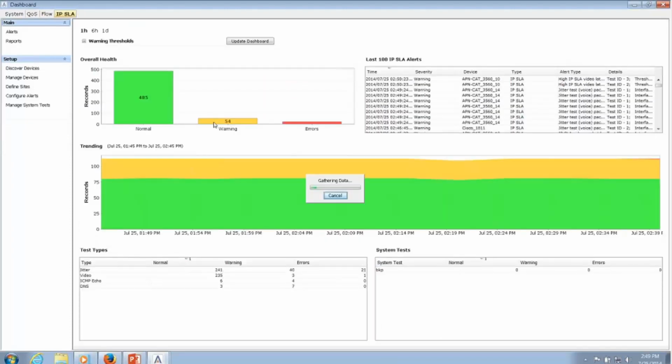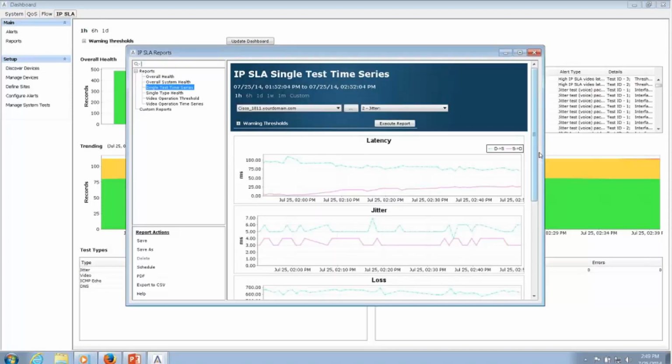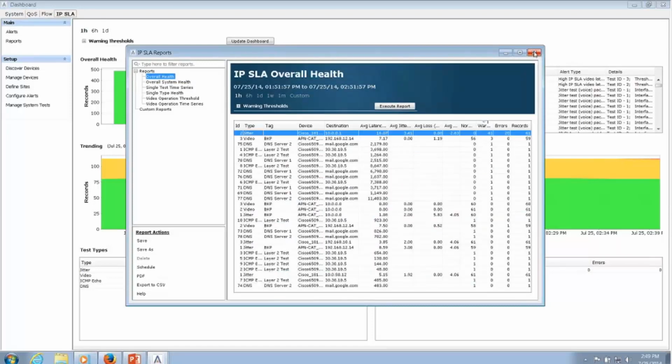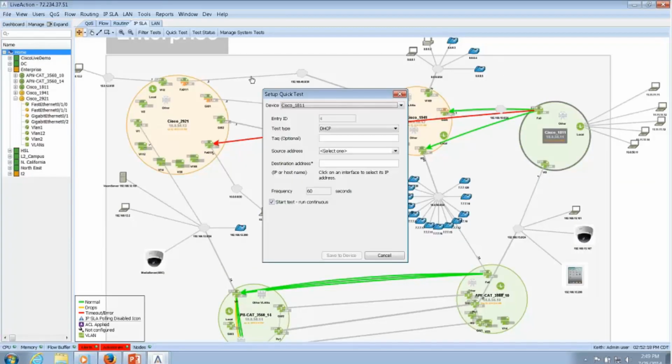So you see, I can actually highlight and see which tests are in trouble. I can look at that jitter test and drill down and instantly have a jitter report. The latency, jitter, and loss and MOS score all being measured right now. So taking advantage of what Cisco is providing again gives me the ability of being able to run these sophisticated tests on the network very, very easily, as you can see. So this jitter test is failing right now. These are passing. Look, I can click on this 1811, and what I do that's so nice is I can